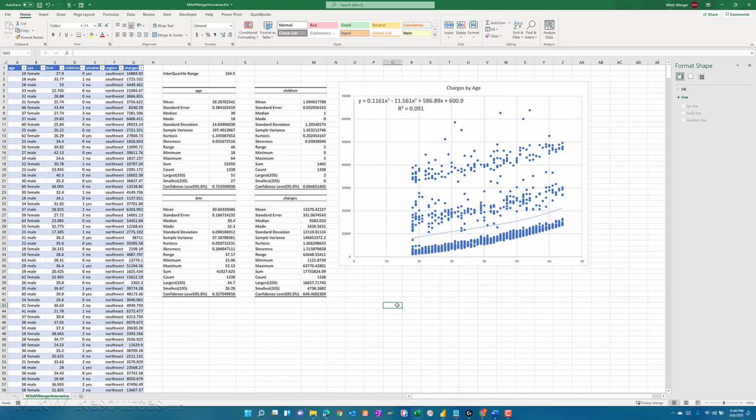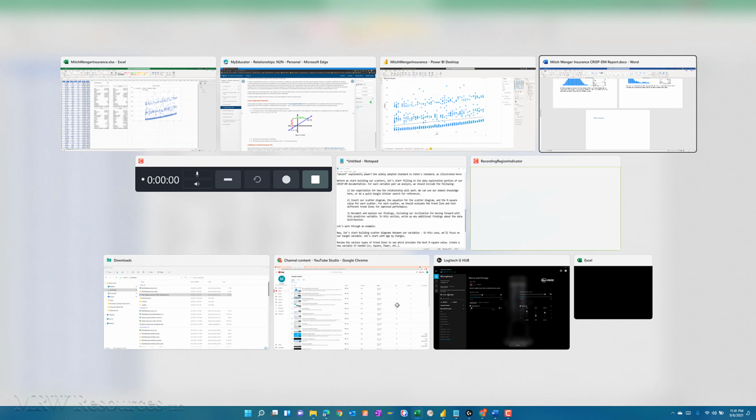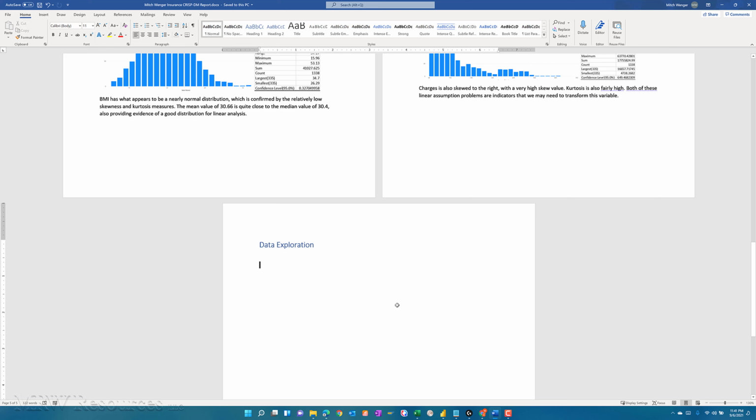My R squared, and what the data looks like. So now let's go back to our text where we've created our data exploration. We'll start with charges by age. So we can start here by saying, well, we expect charges to increase,